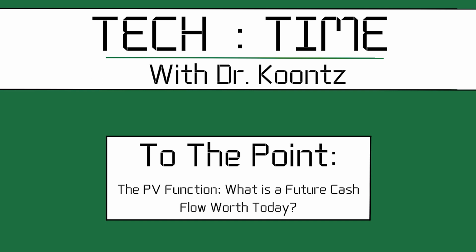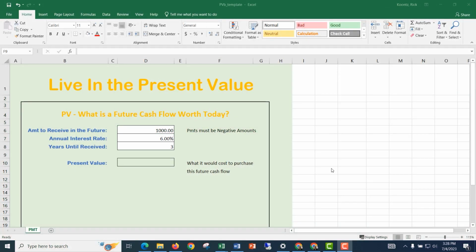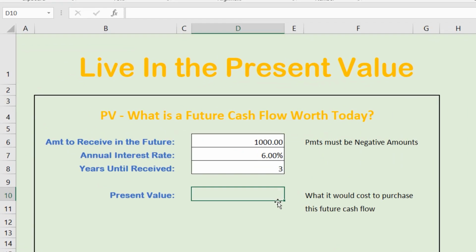One use of the present value, or PV, function is to determine what a future cash flow is worth in today's money. I'm going to go to the cell and hit equal and then put in PV for present value. I'll open a parenthesis. My interest rate here is an annual interest rate, so I'll click on that and hit comma. The number of periods is the number of years until I receive the cash flow, so I'll go ahead